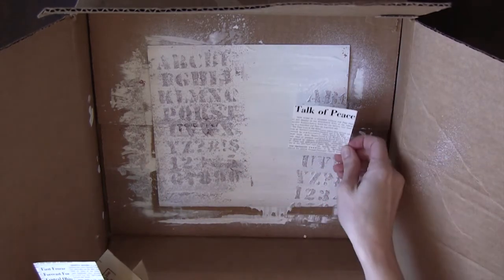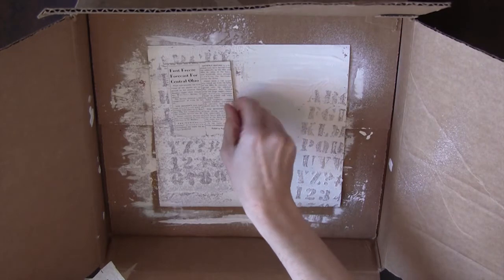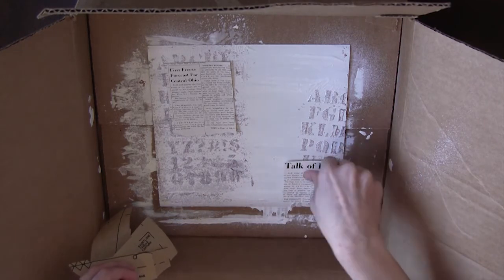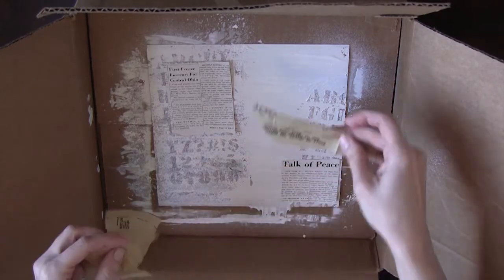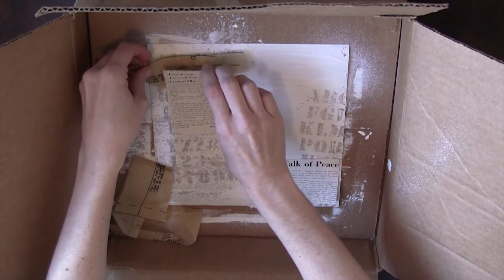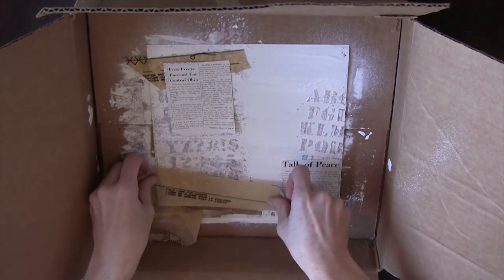So I'm going to place these newspaper clippings from the October kit in a few different areas. I picked this one because it said first freeze forecast. This one, talk of peace, kind of more of the holiday wording, and then some pattern paper from the first kit, the June Frog Dog kit. Place that in there, here and there, and